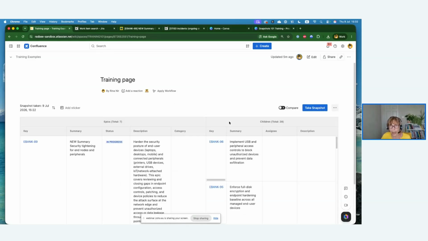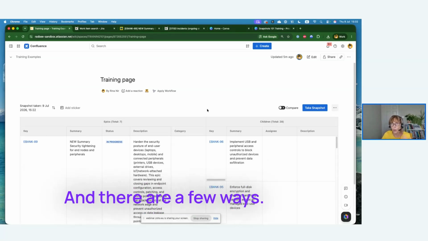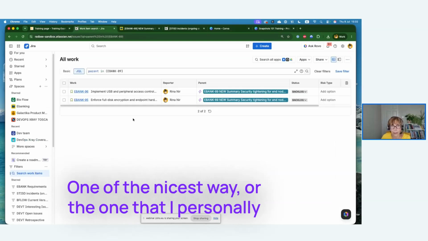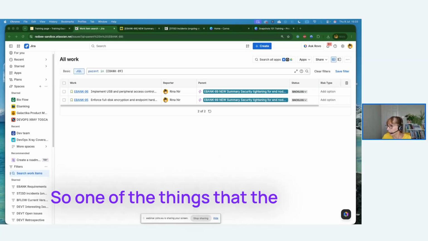Okay, let's move on and now find other ways of creating snapshot pages. And there are a few ways. One of the nicest ways, or the one that I personally really like, is to have it created from Jira directly. So one of the things that,